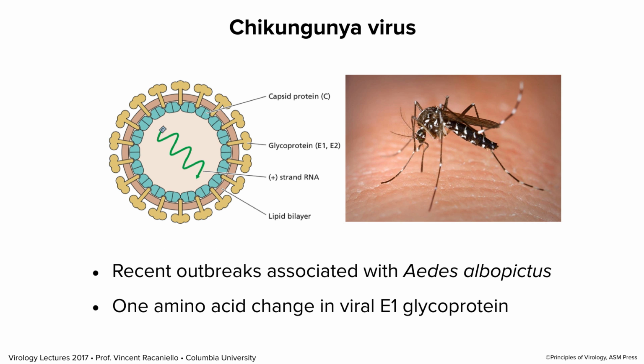What happened to change the distribution? Well, first of all, the mosquito changed. The virus was then spread by Aedes albopictus, a different host for the virus. And the original virus didn't replicate very well in Aedes albopictus, but it sustained a 1 amino acid change in the viral glycoprotein, and that now made it replicate really well in this new mosquito, and that's why it spread to other places. So you change the vector, now you expand the geography of infection.